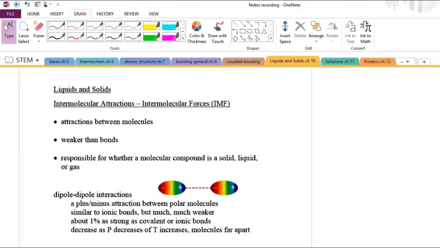Okay, so welcome to liquids and solids. First thing we're going to talk about are intermolecular attractions, which is the best name for it, or intermolecular forces, IMF for short. So this is between molecules. So if we have water,